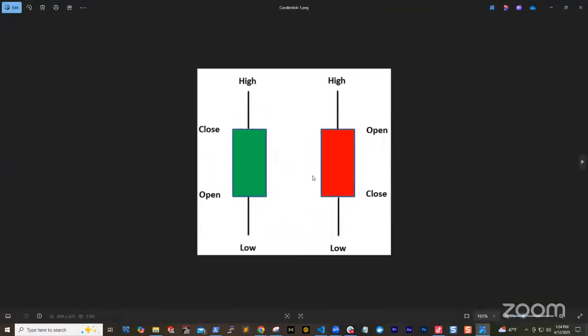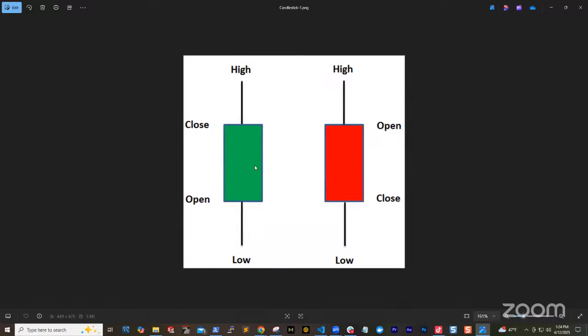So this is a candle, right? This is a green candle and a red candle, right? So when a candle is green, it means in that 15 minutes time frame, the price opened right here, and in that 15 minutes time frame, it closed here, meaning that it opened at a lower price and closed at a higher price. That's why the candle is green, because you made money in that 15 minutes, right? And the thin line you are seeing in the middle means that in that 15 minutes time frame, it went as high as here and it went as low as here.